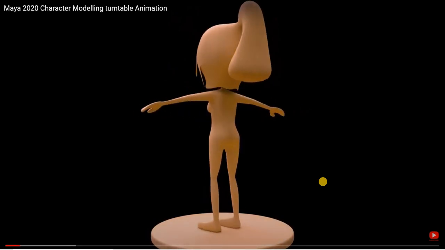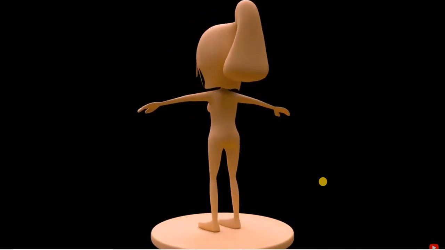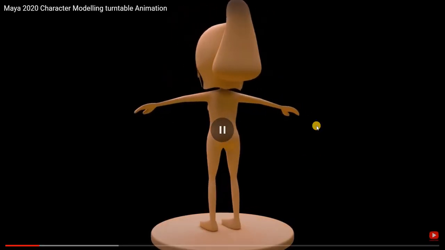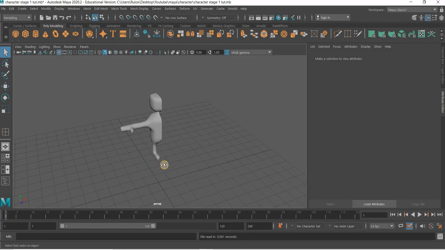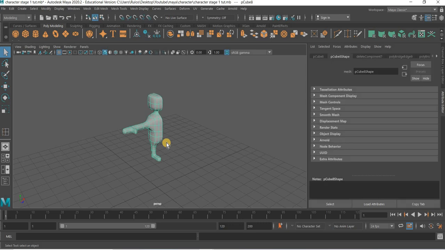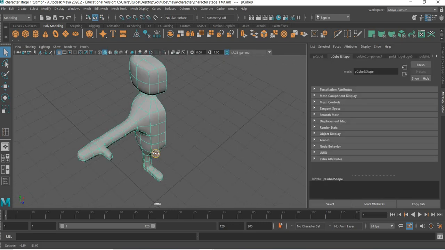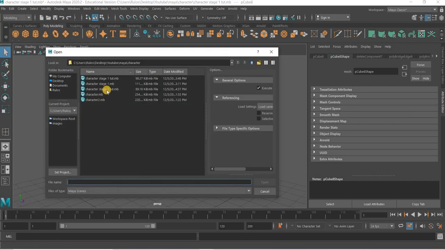Hello everyone. So we are modeling this character in Maya and this is the second part of the tutorial. So in the first part we were able to finish up to here. So we learned how to use the basic cube and then connect the different body parts together. And in this second part we will reach this level,